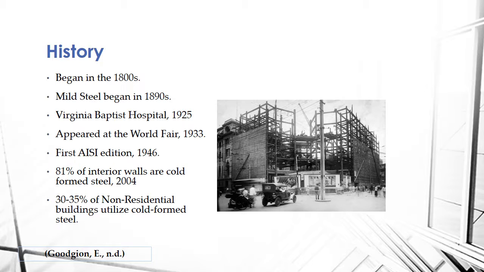So the history of steel began in the 1800s. Mild steel began in 1890s. The Virginia Baptist Hospital is actually the first documented building to utilize steel in 1925. It appeared at the World Fair in 1933, at which time